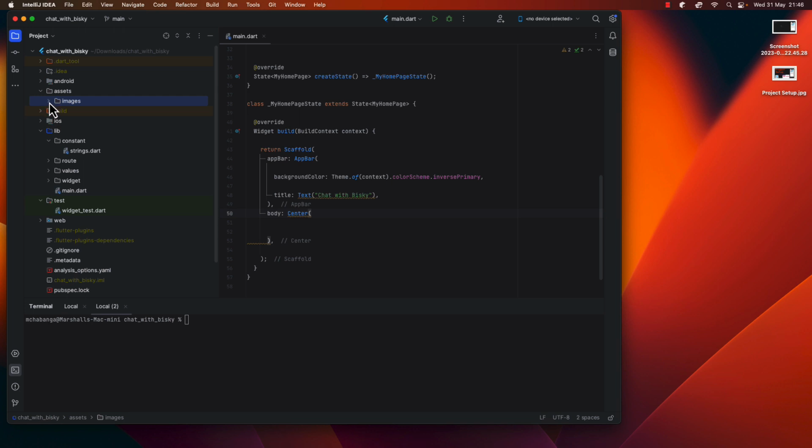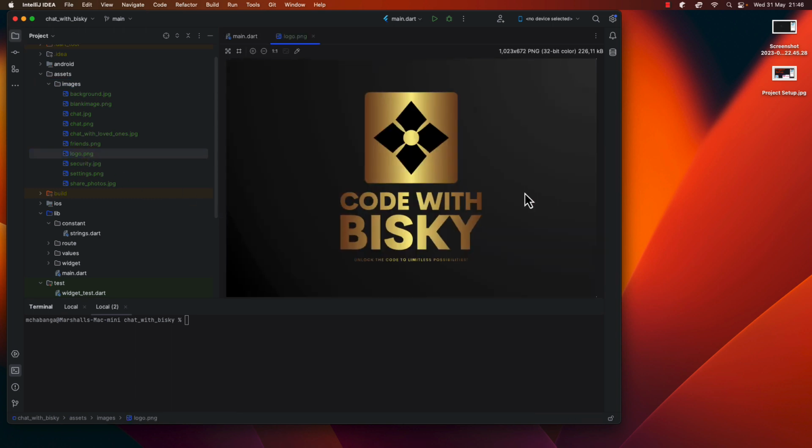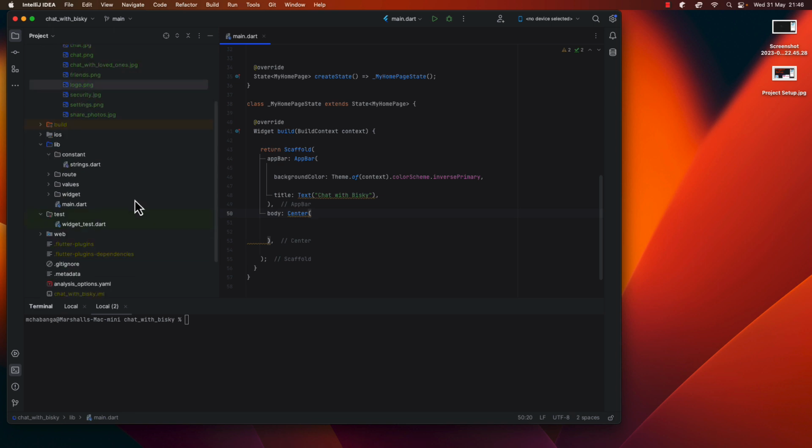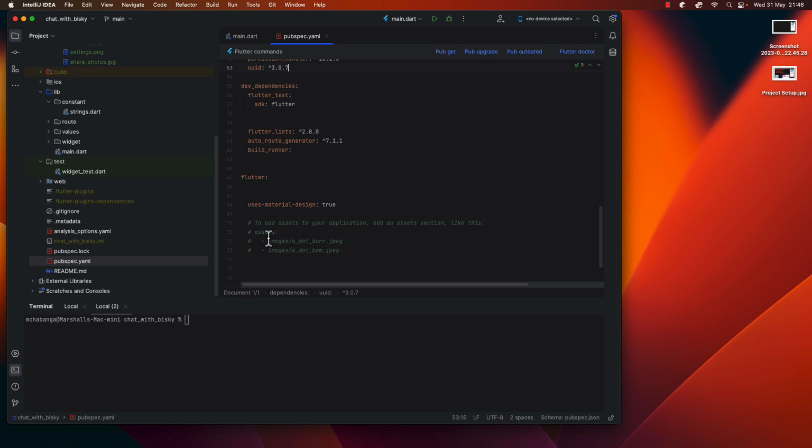I added the list of my images. These are the images that I'm going to use, and this is my logo. So in the splash screen, I want to show this logo. Then here in your YAML file, you have to update. You can see there's a list of assets. Just uncomment this, then delete this. It is supposed to be aligned with this, and you can delete these ones because we want to